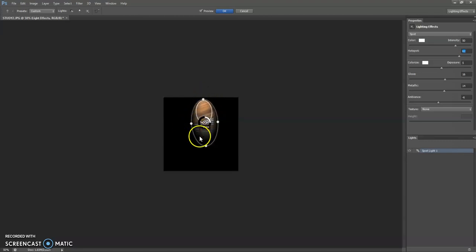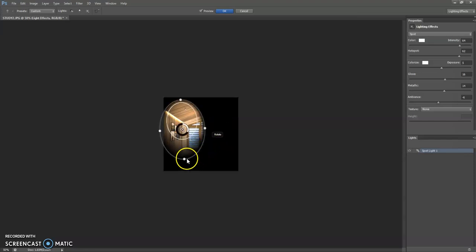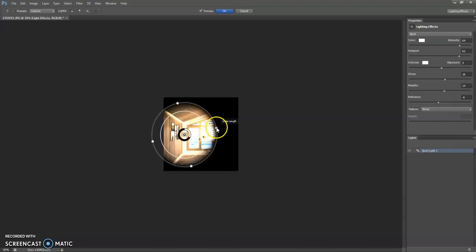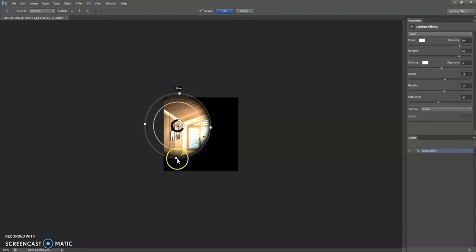Now I want the portion of light to be a little bit different. You can see I'm covering this portion of the object. We can just drag this. I'm focusing only on this part of the object to give a lighting effect.